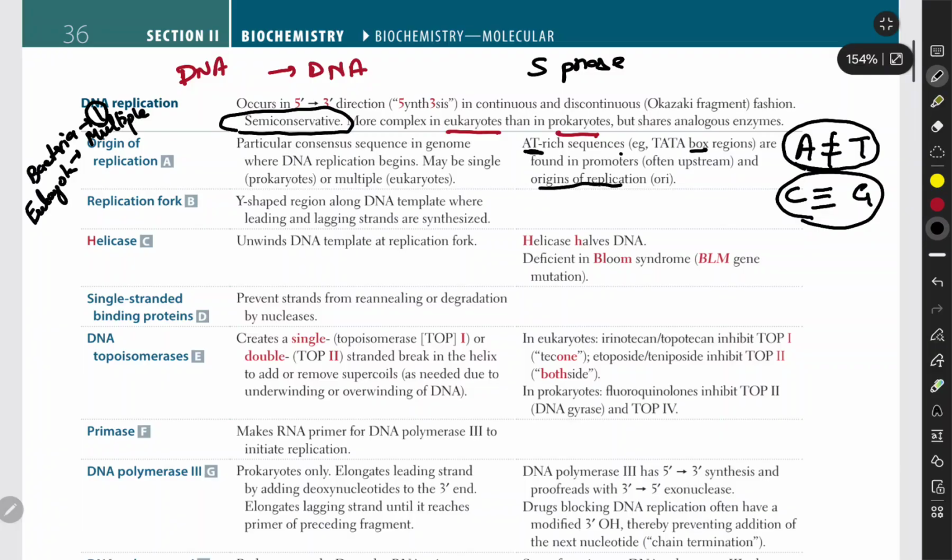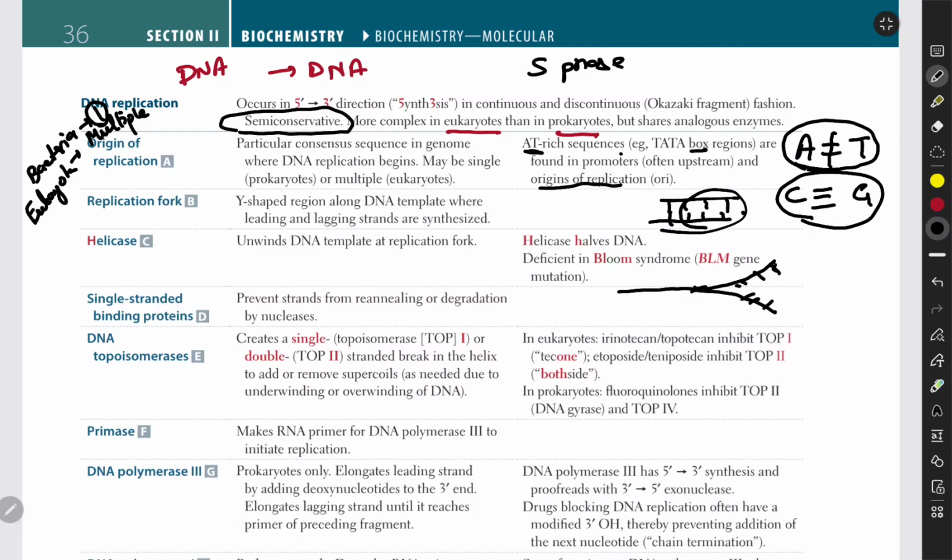So once a DNA strand is unwound, for example, this is the DNA strand, this is together, and this is unwound from here. If it is unwound from here, you need to remember that this makes a replication fork like this. This is the replication fork. You can see this looks like a fork. This is Y-shaped, but you can call it a fork, right?